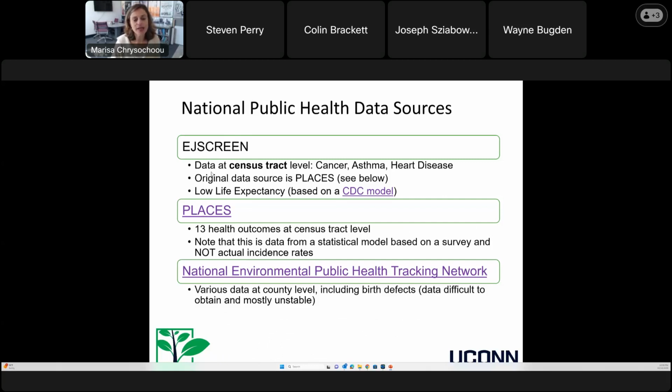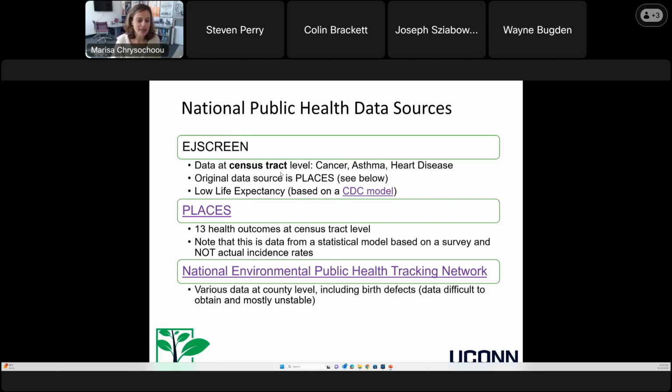And EJ-Screen presents data at the census tract level. So it shows data for cancer, asthma, and heart disease. And it also shows low life expectancy. So cancer and asthma are two of the main indicators that you will be using. And I will show you what EJ-Screen looks like in a second, but I want to point out that the